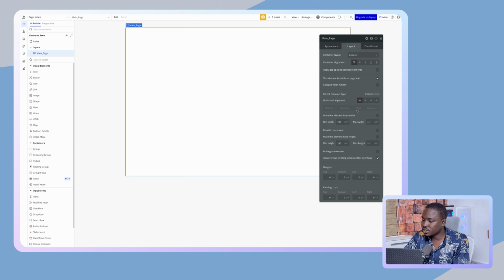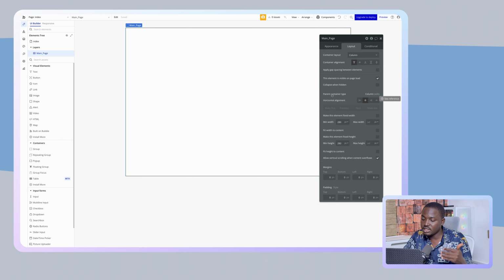The next thing I will do is this 280 by 280 is okay for me. And then I'm also going with the column. So this is the main page. I'm going with the column alignment, but then I'm going to make its content, its parent container. I'm going to make it the parent container type. I'm going to make it centered so that